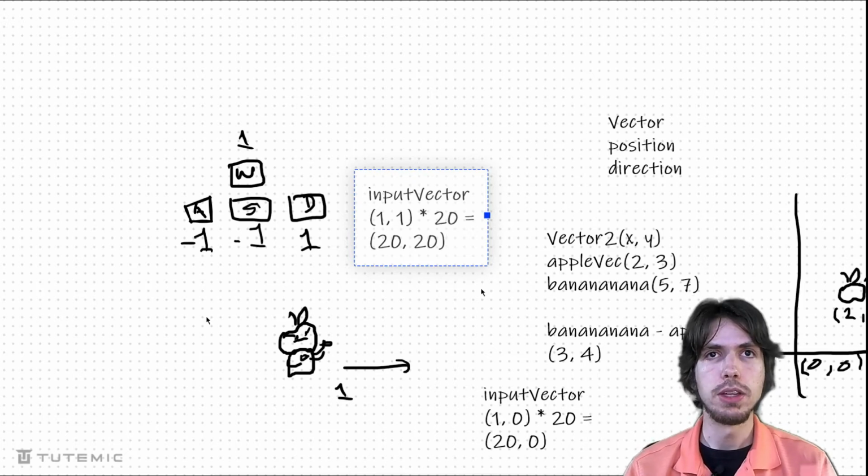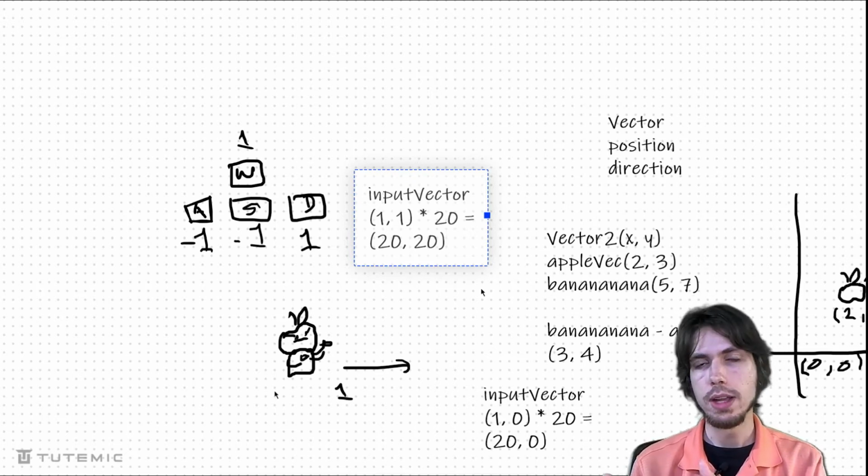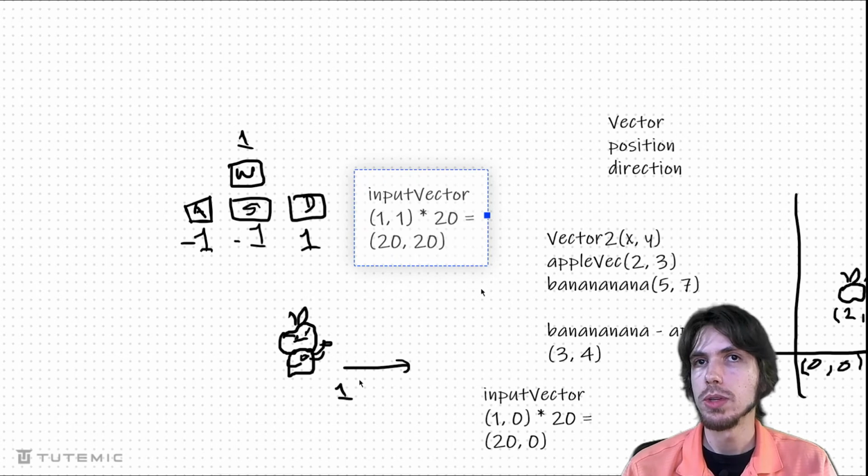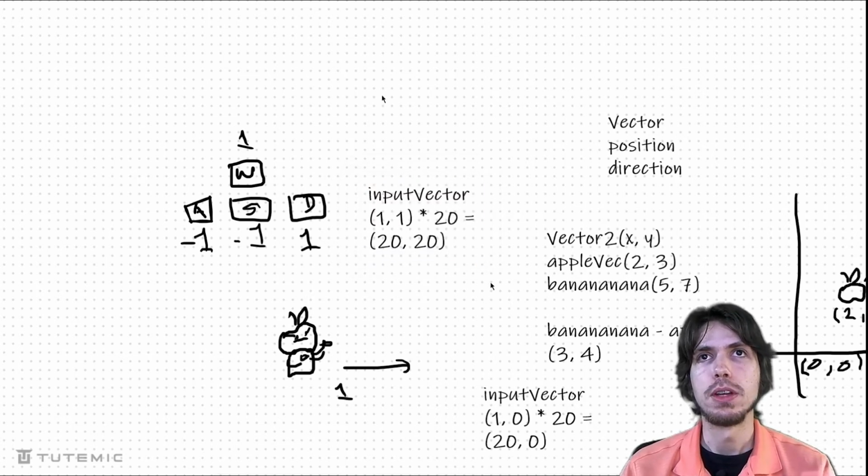It seems reasonable because you're holding the D key down, you're moving right 20 pixels a second, and you're holding the W key down, so you're also moving up 20 pixels per second. So it seems reasonable, it seems fair, but it's not actually, because what happens here, if we look back into our little coordinate space, is that